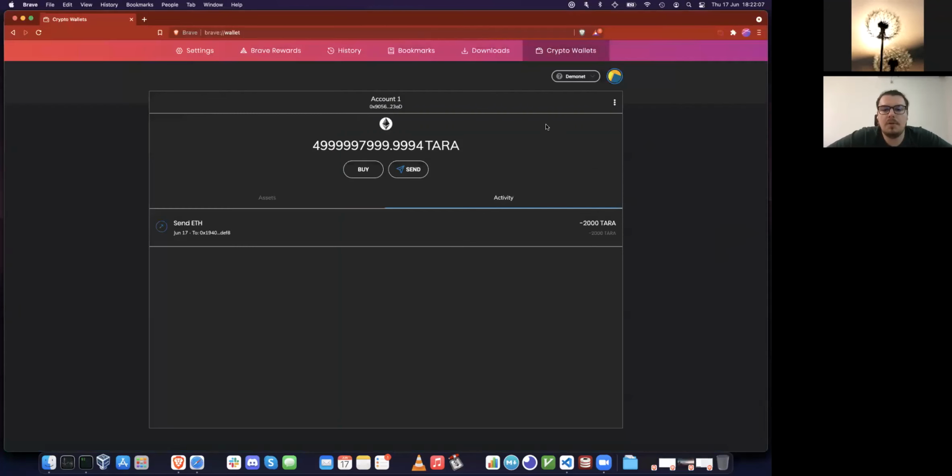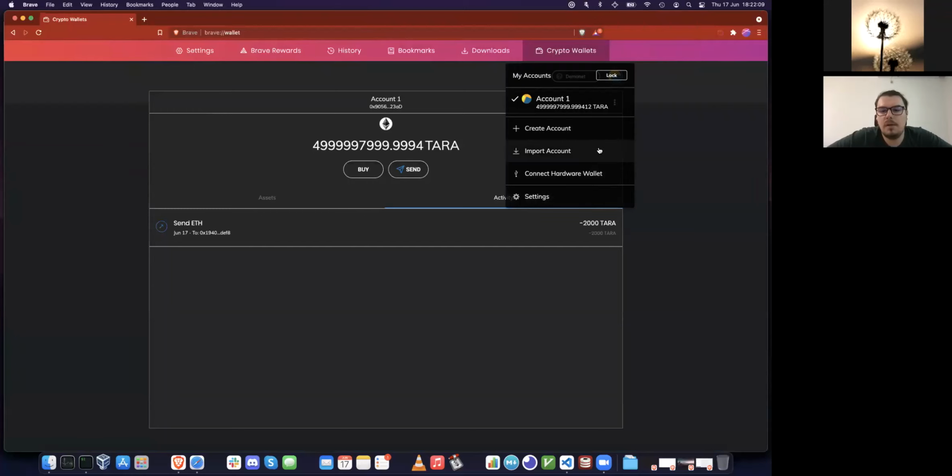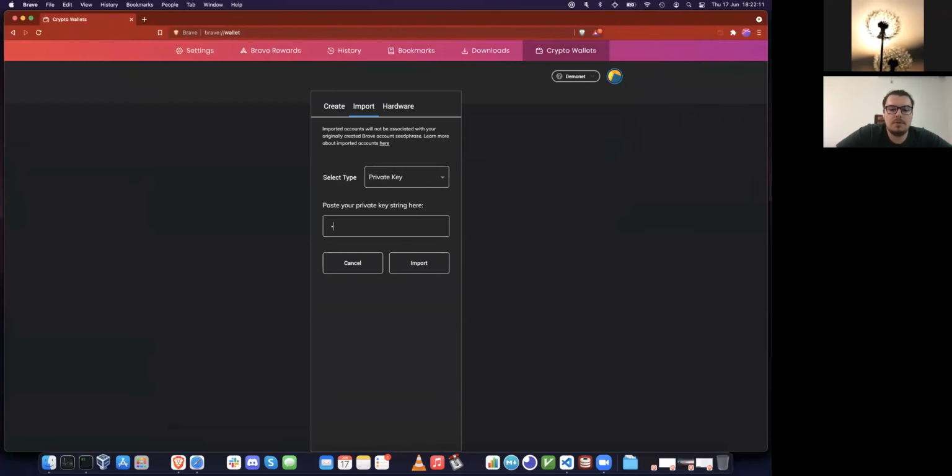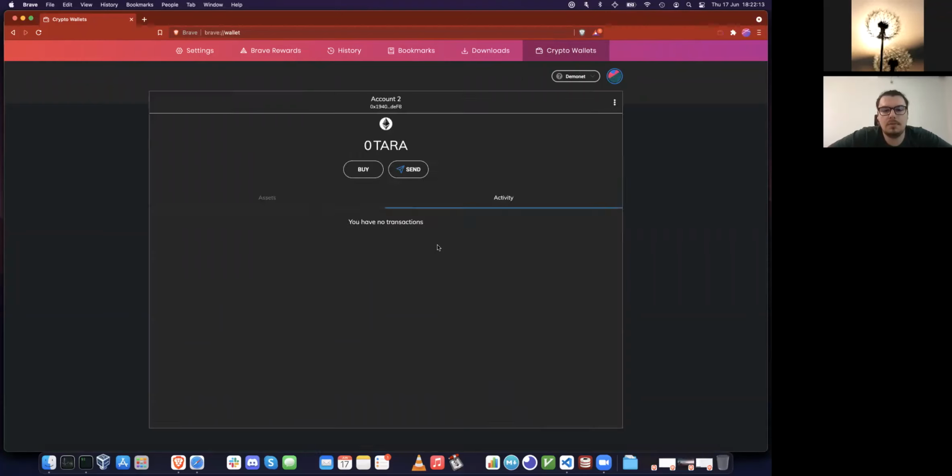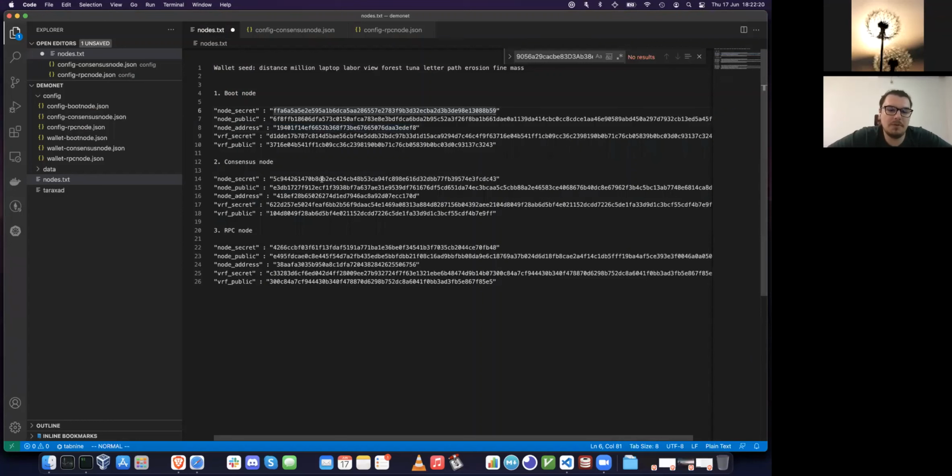So let's copy the node secret. Let's do import account, 0x, new account. And yeah, okay. So the boot node has 2000 Tara tokens. And now we can send those back to the consensus node or any other address. For example,